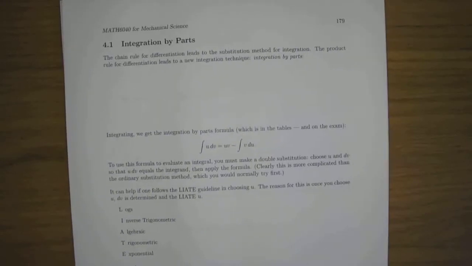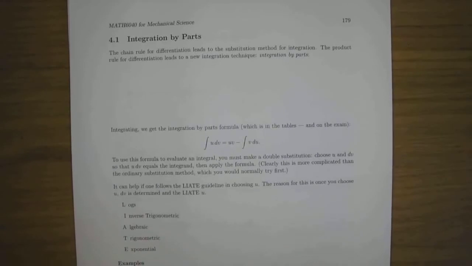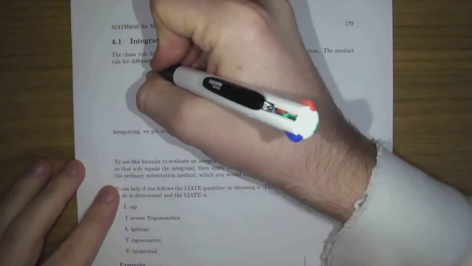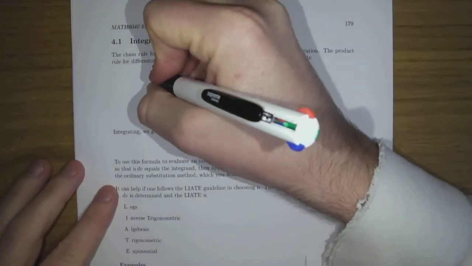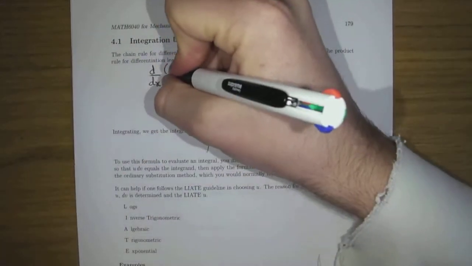Okay, so something new. Integration by parts. So if we write down the product rule for differentiation, we might get something like this. So we get, if you're differentiating u times v,